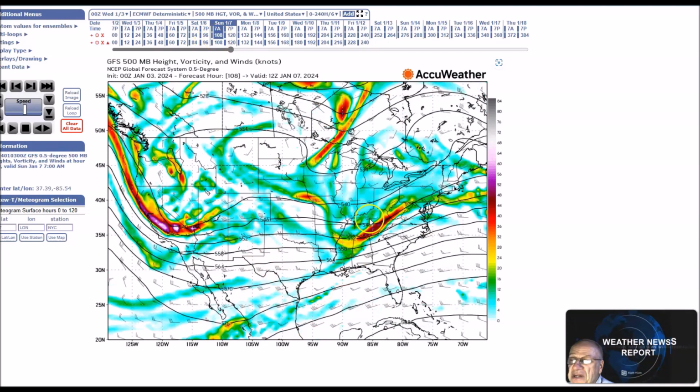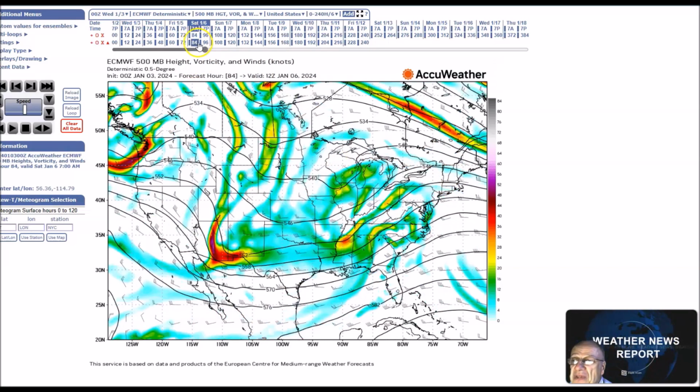Now here's the energy coming in with the GFS. Now with this trough energy coming here, that'll create a high, keeping in the cold air damming across parts of the Appalachians to the East Coast. This could bring the heavier snow amounts closer to the coast. And we'll look. That's the GFS, and now the European